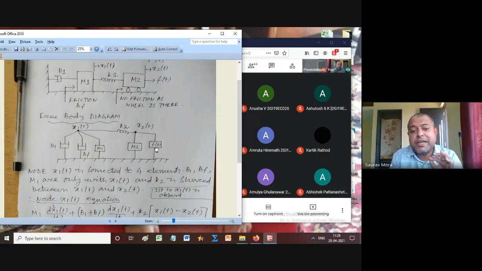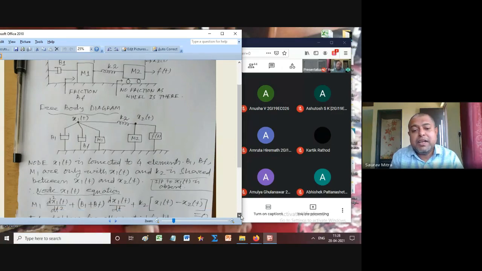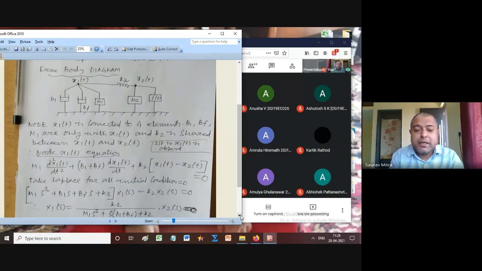So whenever I upload this numerical, please watch it very carefully and understand each and every step, and read each and every line. Solving numerical is easy if you know the theory. So read each and every line, it will be easy for you to understand. I have given enough explanation. First I have started from the left side, though the right side is the force. So the input is given here.